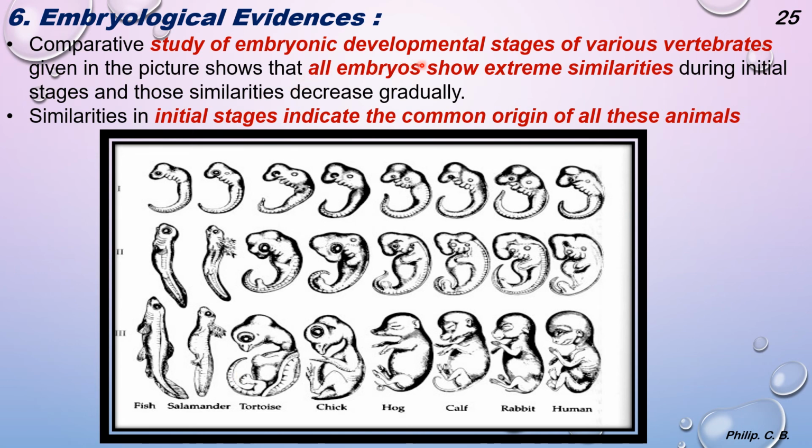So a comparative study of the embryonic developmental stages of various vertebrates given in the picture shows that all embryos show extreme similarities due to initial stages. As you can see, the first stage, and those similarities decrease as they grow further. You can see the changes taking place. That is what genes are. The genes carry their particular characteristic trait. So as they grow according to the genetic features, they keep on growing and changing, so their morphology changes. So similarities in the initial stages indicate the common origin of all these animals. So all these animals have originated from a common ancestor. Okay, so in the next slide